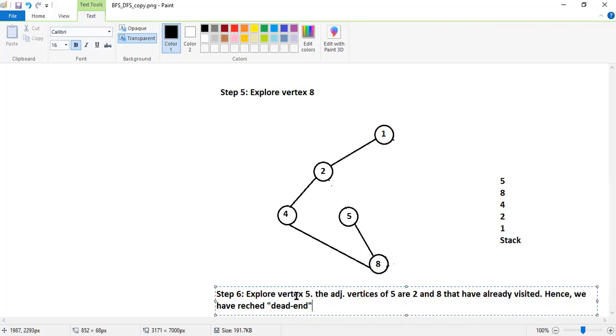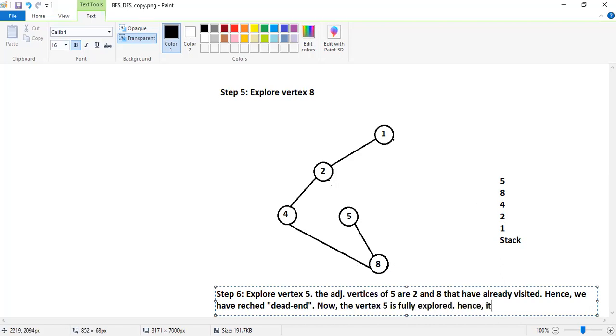Once we reach a dead end, what do we need to do? Stop further exploring vertex 5. Right? Now, the data structure we are using is what? Stack. And as I said, the stack should contain only unexplored vertices. So that means vertex 5 is now fully explored.